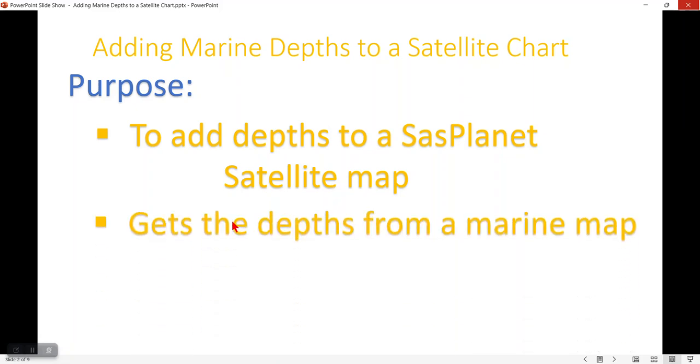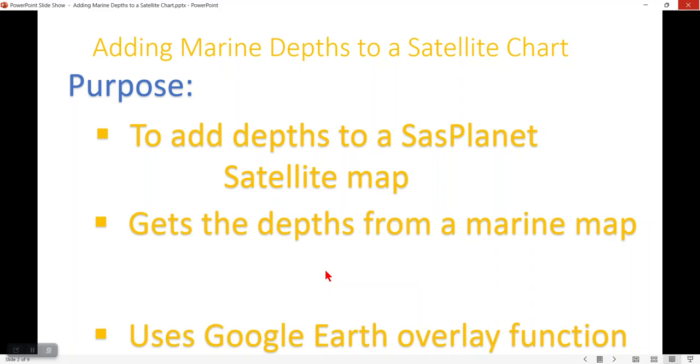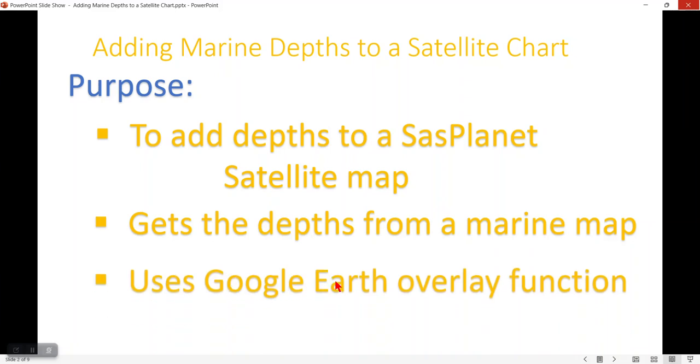So what we're going to do is get the depth soundings from a marine map, like Navionics or CMAP. And we're going to use a function of Google Earth called the overlay function. We're going to first put the satellite map on, and then we're going to put the marine map on, and then we're going to do some magic and remove the depths from the marine map and put them on